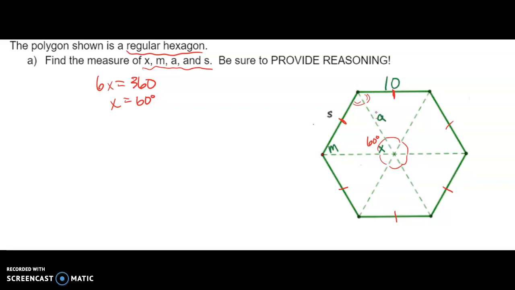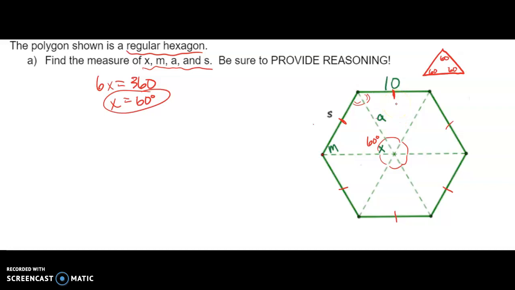So we can use that fact to figure out that we're actually dealing with a 60, 60, 60 triangle. So we got these equilateral and equiangular triangles that we're dealing with. First of all, we found x. Let's go ahead and move on to